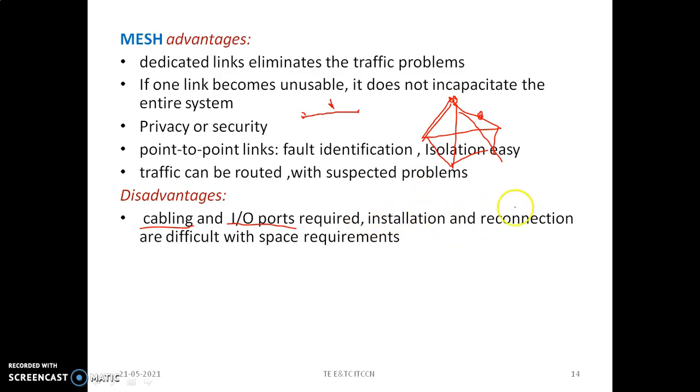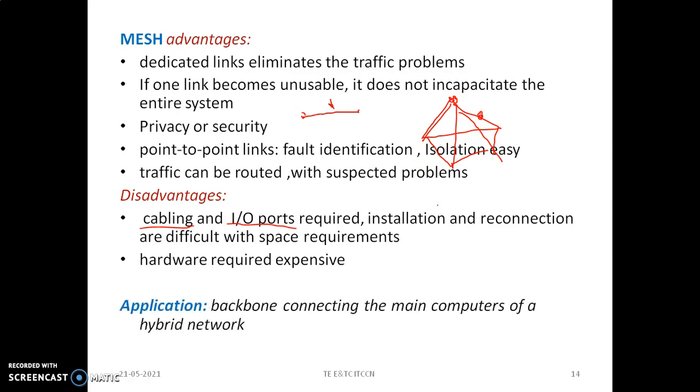Then the installation and reconnection are difficult, with the space requirement. It will take more space, and reconnection of the nodes, if either a node or a link fails, is again challenging. What else? Hardware required is expensive. Yes, obviously more links are there, more communication links, so more IO ports, and accordingly space required will also be more, and hardware required is expensive. And that is why, due to these limitations, there are some limited applications of this.